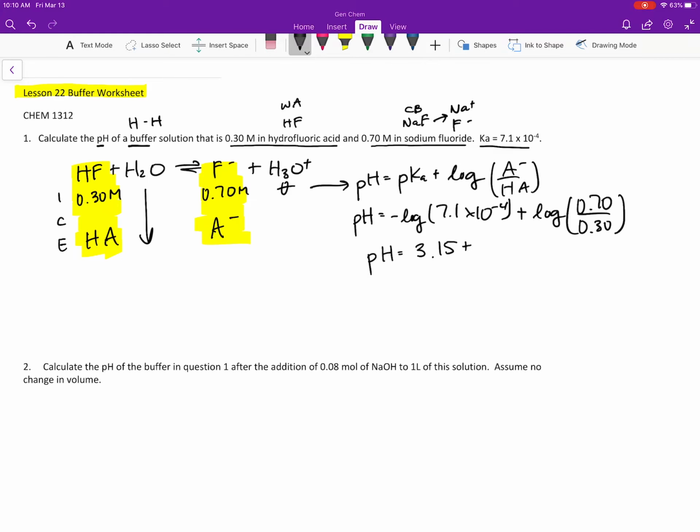Sorry, so I took the negative log of the Ka value and I don't know if that's right, 0.7 divided by 0.3. There we go. Okay. So this would be the pH if I solved it with the Henderson-Hasselbalch, but if I was unsure